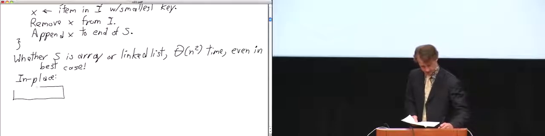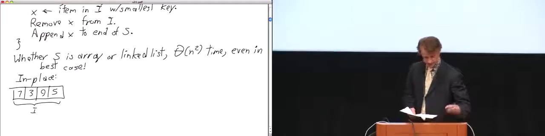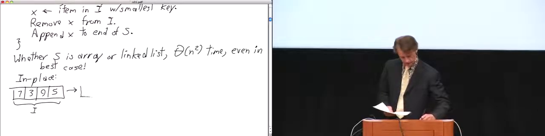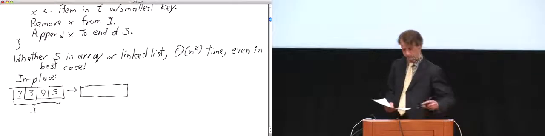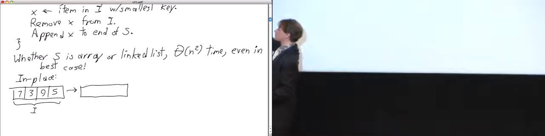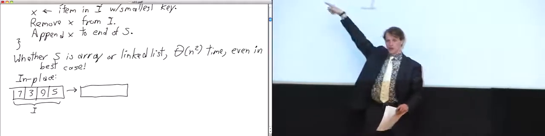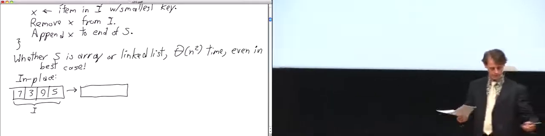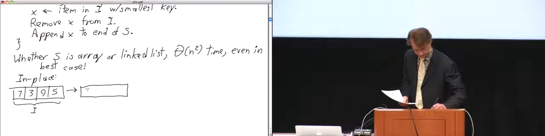I'm going to take the same array we had before, 7, 3, 9, 5. And again, initially we're treating this as an unsorted array. What we're going to do now is go through that array and pick out the smallest number in the array, which is a 3. Once we've found the smallest number, we swap it with whatever item is in the first position. So this is just a swap. You swap 3 with 7. 9 and 5 were unaffected by that.